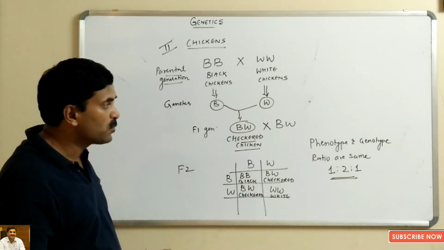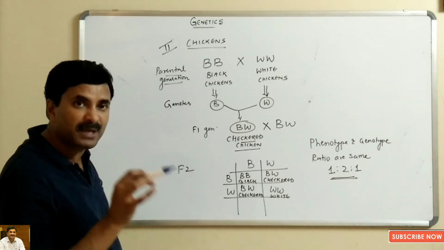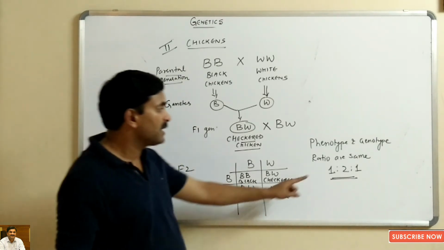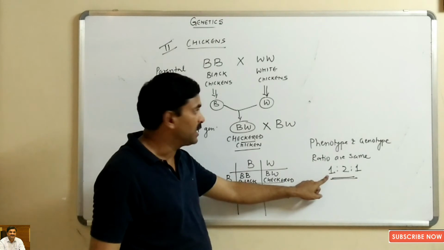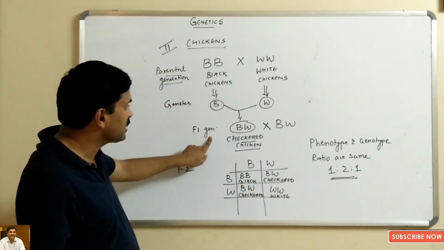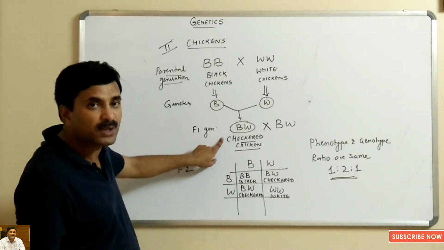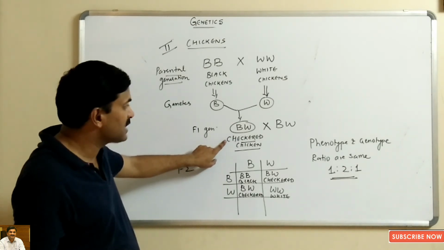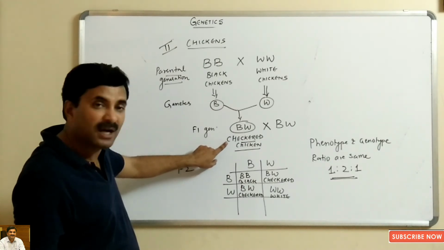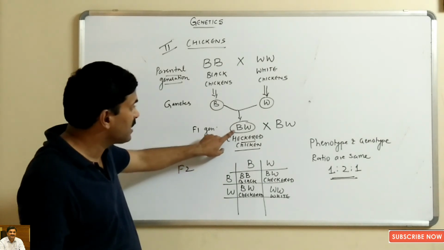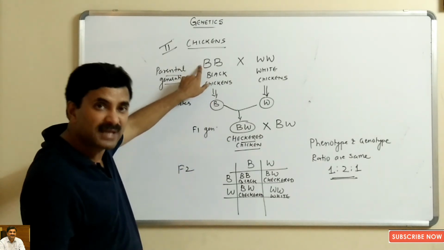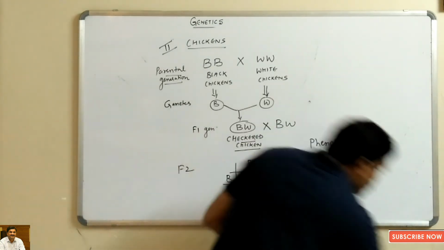If we talk about the monohybrid phenotypic ratio, we got 3:1, but here you can see that we have got 1:2:1. So in the chickens, the checkered chicken we got in the F1 generation is also a good example of codominance, where neither a dominant recessive relationship nor an intermediate condition is seen, rather a new type of inheritance is seen where both the genes are expressed together simultaneously. So this was the second example to explain the phenomenon of codominance.